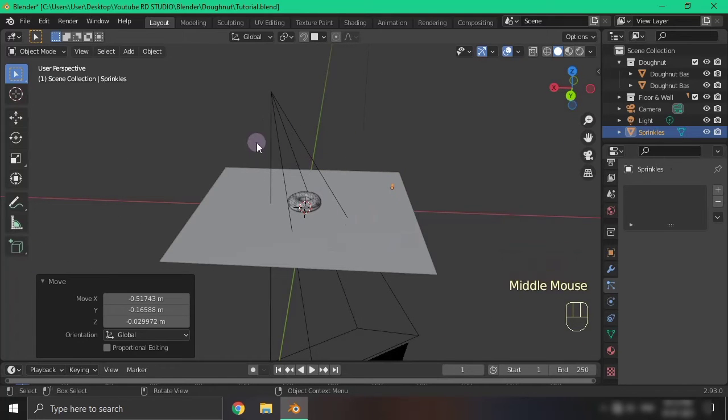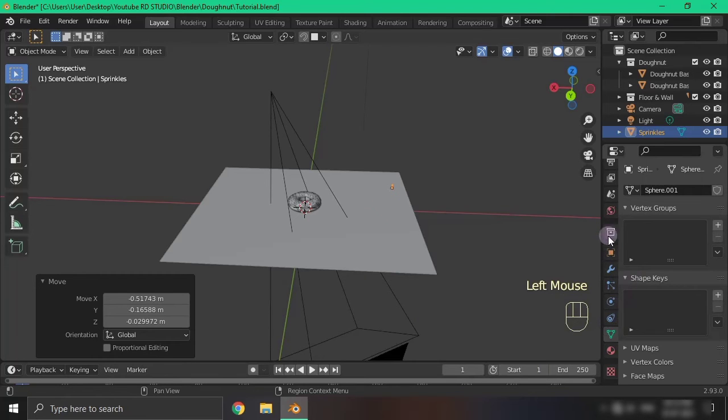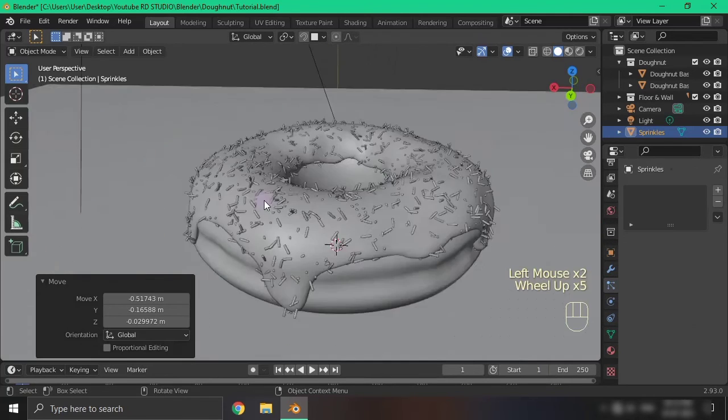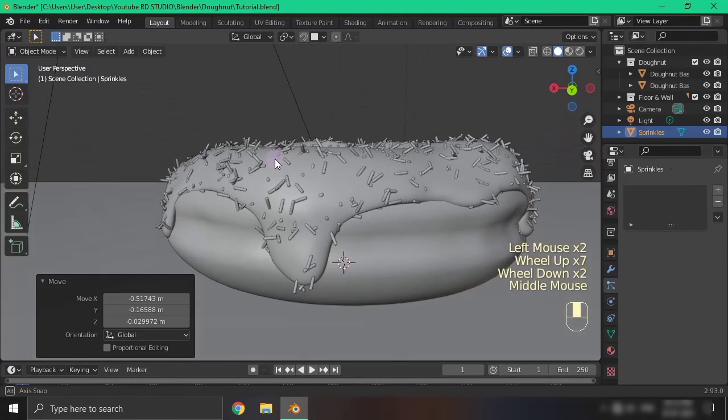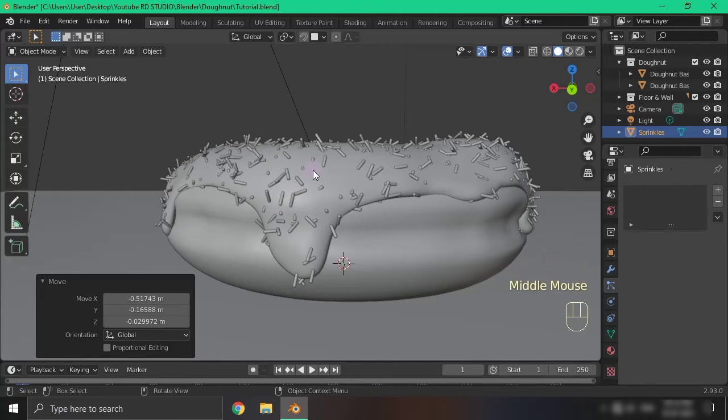then I will unhide this camera, light, everything. So you can see here we have this. Where is my sprinkle? Yeah, I do not want my sprinkle to be in my camera, watching it floating. I do not want that one. So just like that only. So what you can do here is one thing